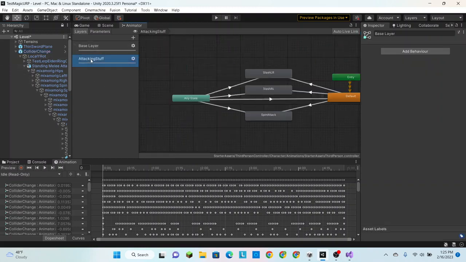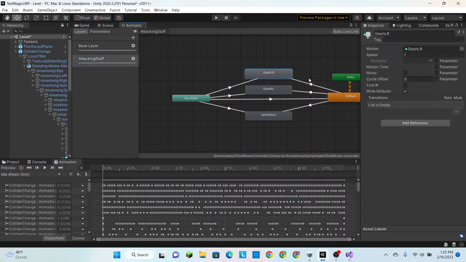If we go to our attacking layer, what happens is when you have multiple animations, so this is the one we were just doing, slash left to right, this chains into another one, or even to itself, which is what any state means. So it can chain, so slash left to right can go into any state, including itself,